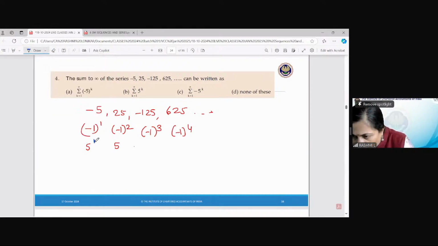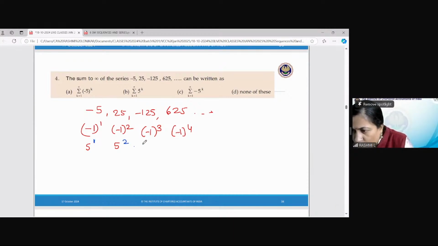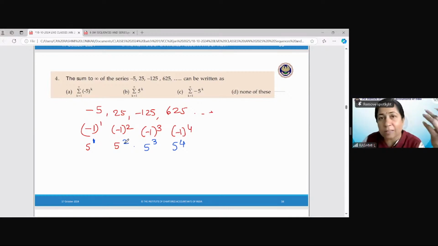This is 5 raised to 1, this is 5 raised to 2, this is 5 raised to 3, this is 5 raised to 4. ये हरदम जब भी आपको साइंस का होगा ना तो आप इस तरह से करिए. तो अभी आपको पता लग गया कि ये भी 1 है, ये भी 1 है, ये भी 2 है, ये भी 2 है. If you can appreciate the last somewhat what was happening, the numbers were different,